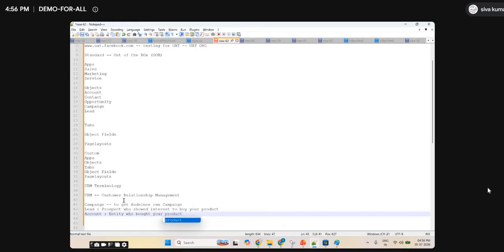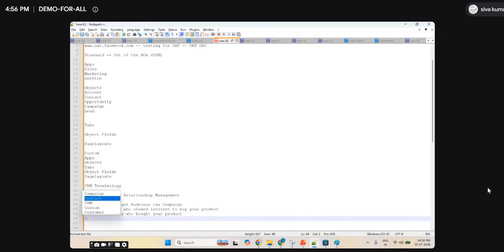So once a lead is converted, it will convert to account. Account is not a physical entity. Contact is a physical entity, related to account, the contact person.